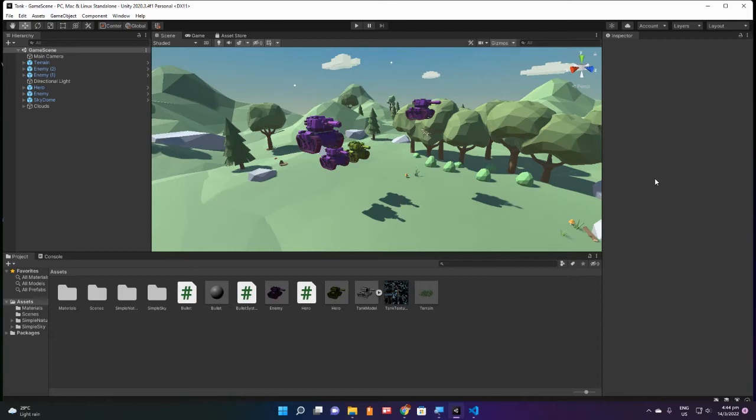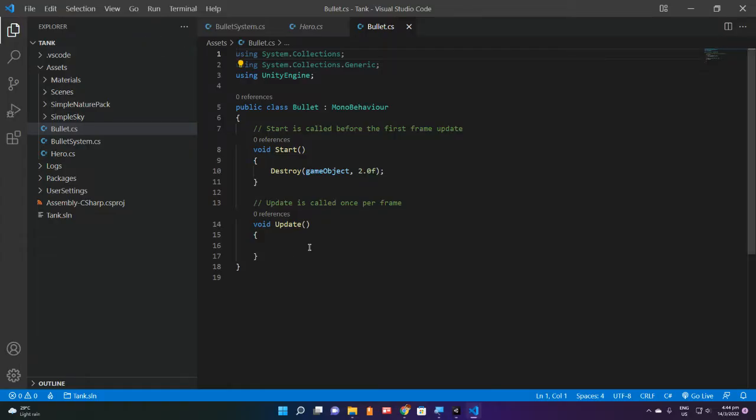Hello everyone. In this video, we will start off by adding collision detection to our bullet. So how do we start? First of all, you can go to the bullet script. Okay, you can add this